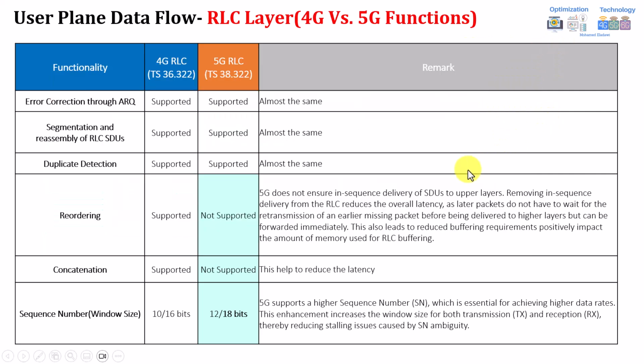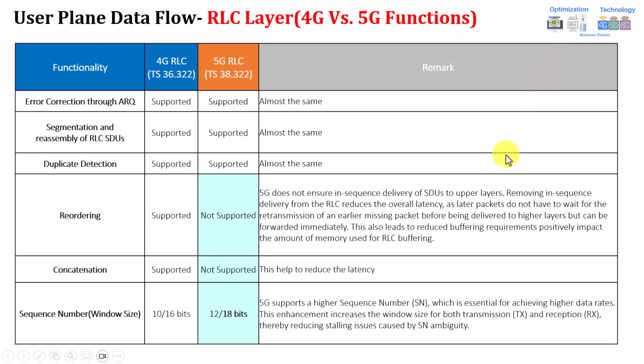The last part here is about the sequence number, which we already explained. The maximum sequence number was 10 to 16, while here it is 12 to 18. 10 to 16 or 10 to 15, I don't remember, but I think 16. Then this one is 12 to 18. As I highlighted, higher sequence numbers mean a higher window size, which means you can support higher throughput rates. This makes more sense when you're speaking about 5G, because in 5G you have higher data throughput, as we highlighted in the part related to the transmission window advancement.